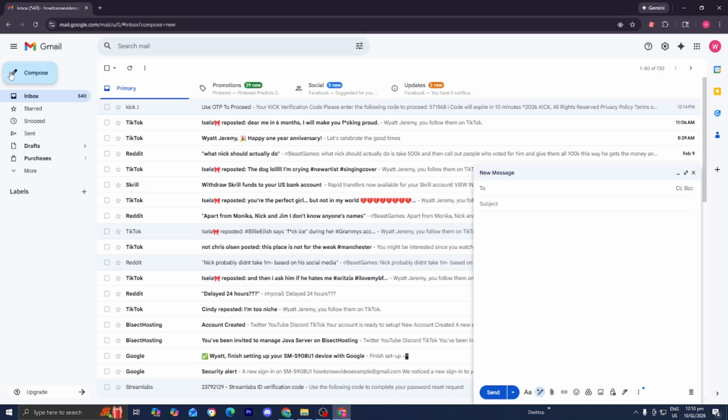In order to send a Google Drive link to an email, what you want to do is first of all begin writing your email. Go ahead and include a subject line and enter the email you want to send this to. Once you've finished writing your email, here's what you need to do in order to add